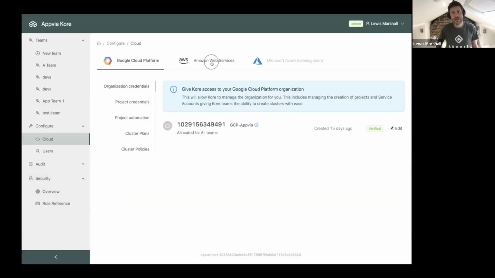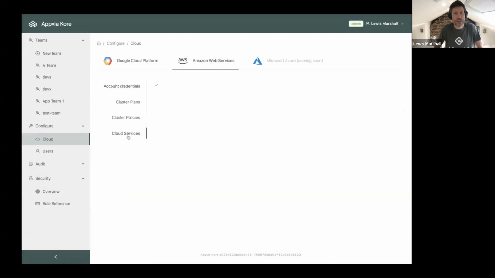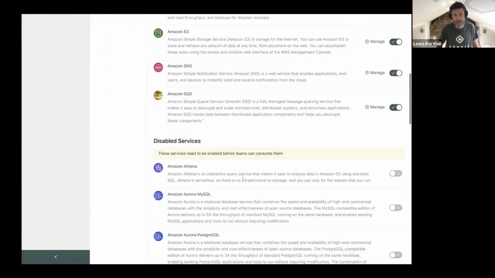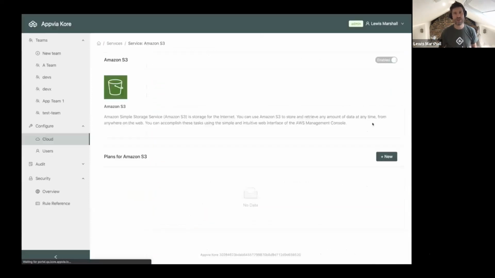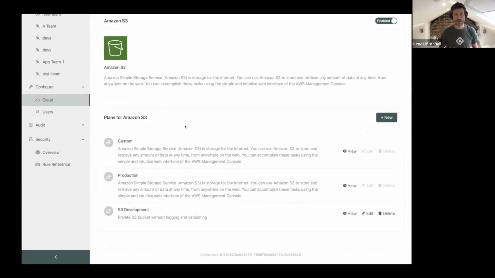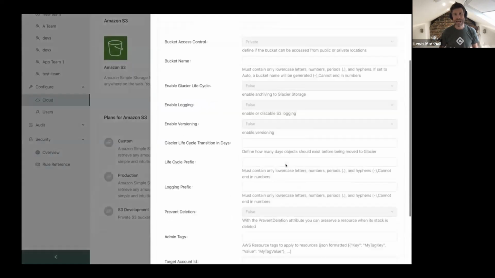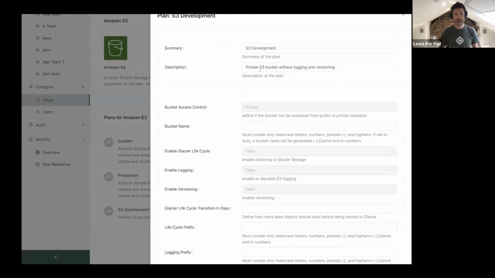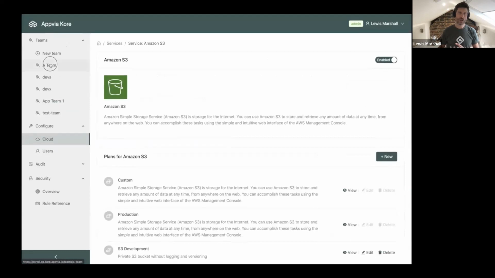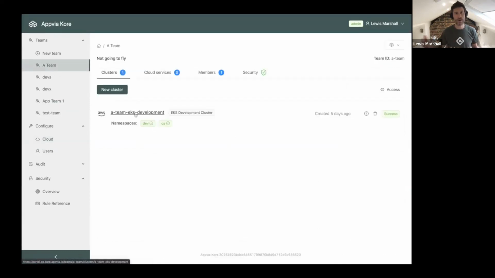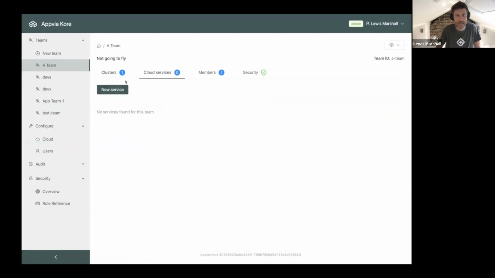So here's a view of our product. On the operations side, we can configure it and manage which services are coming from many different back-end providers of those services, regardless of the tech. We've got Amazon S3 available with plans that we provide at the high level. So there's a quick view of that. But if we now switch over to a consumer within the product, a developer has got an EKS cluster here with a couple of namespaces, and we want to consume some cloud services.